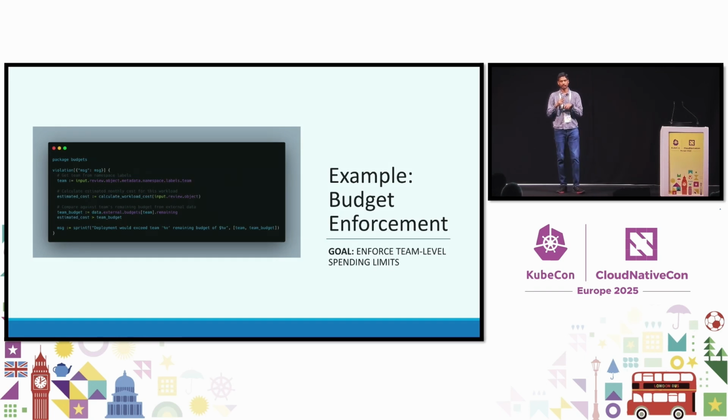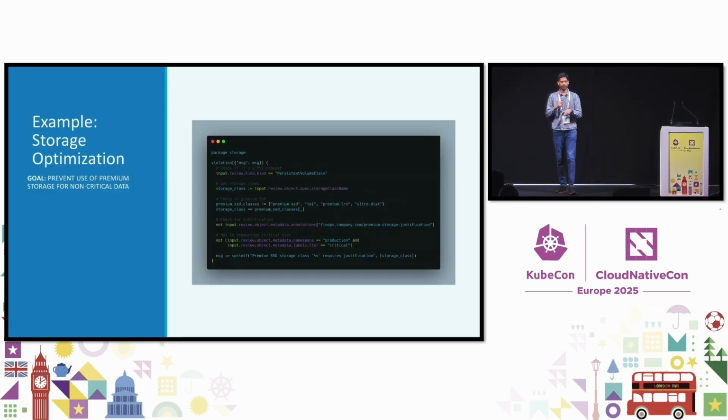So this is on the namespace level. If you want to globally control the spend on each namespace, you can have a policy on the namespace level to restrict the overall resource creation on that particular namespace. This is the other one I was saying about storage optimization, where you can dictate that premium SSDs and ultra disks need to be used only on production and critical workloads, whichever has the critical labels, and deny all other namespaces.